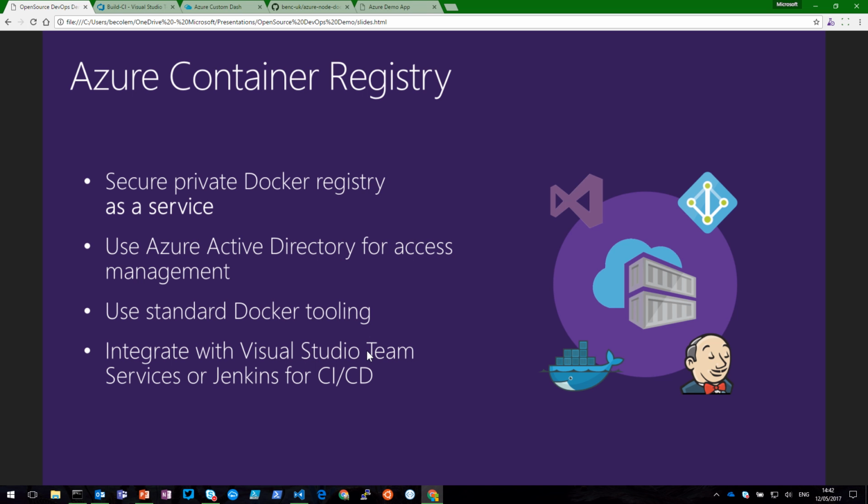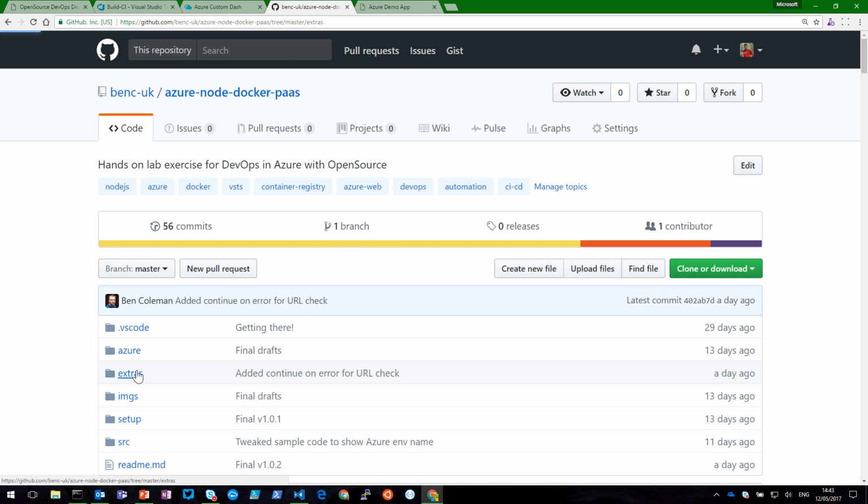It's natively integrated in Active Directory if we want to put role-based access on this. And because it's a standard Docker registry, you can use all of our normal tooling and integrate that with things like Jenkins, or in this case, Visual Studio Team Services for continuous integration. So a couple of commands I need to create this are